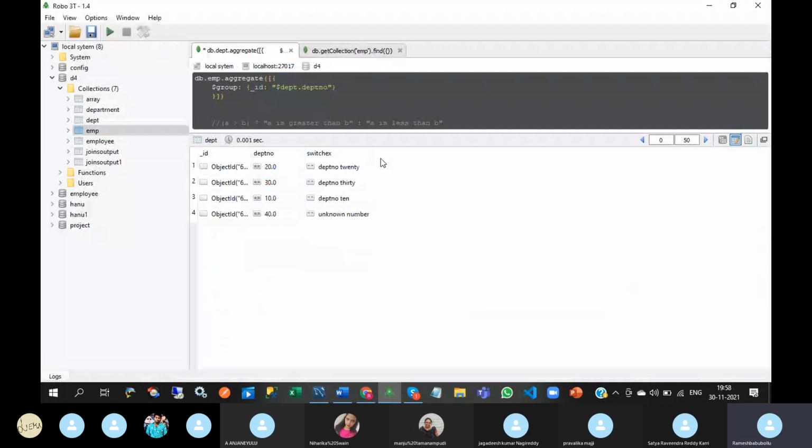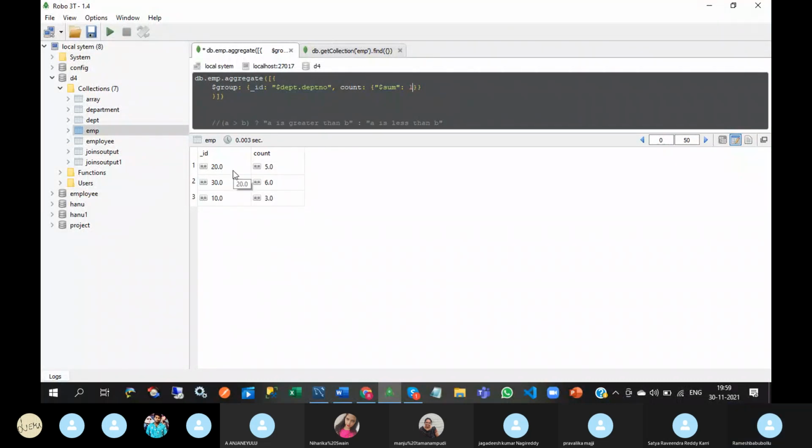Okay, so count, sum of 1. See this. If you write like this, then you will get the employee count for each and every department.